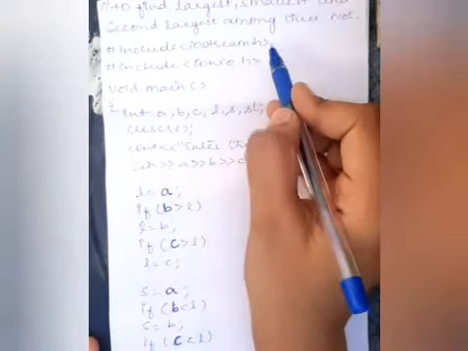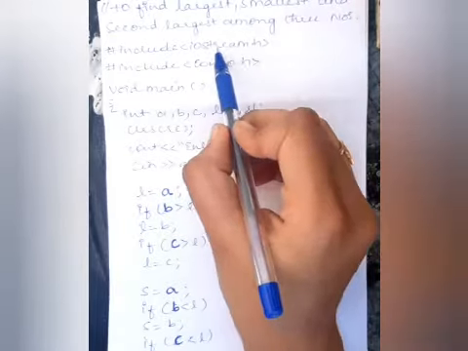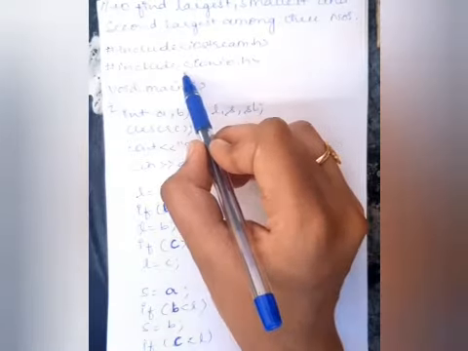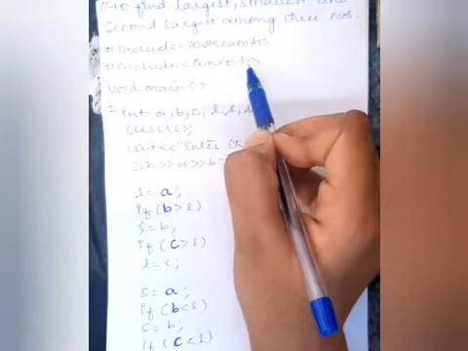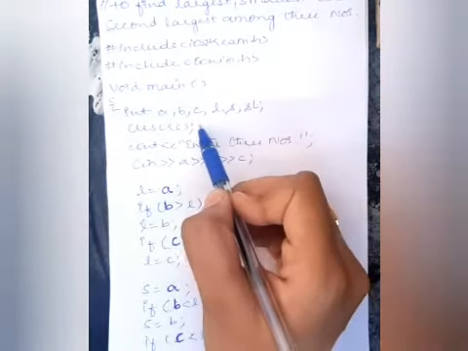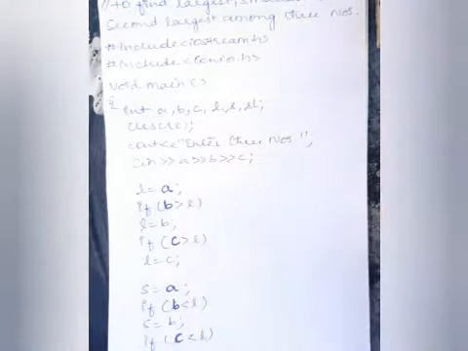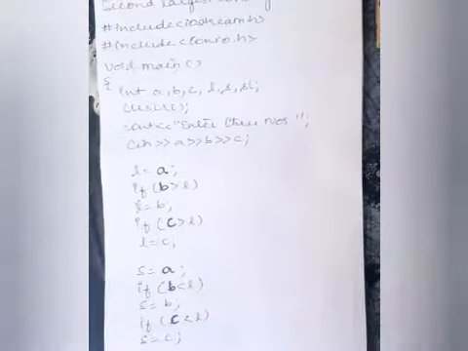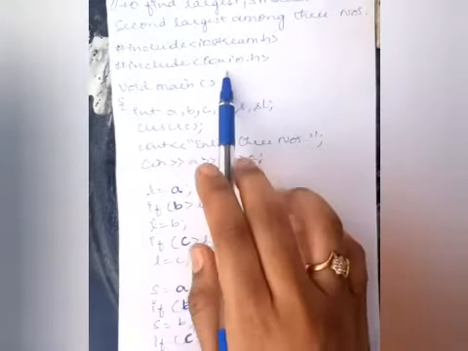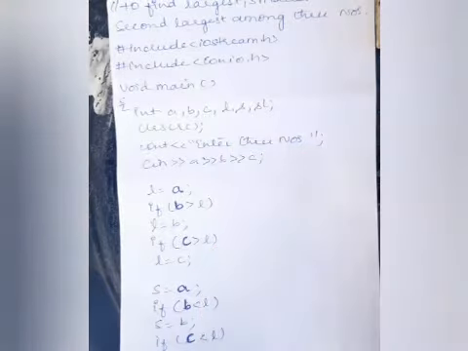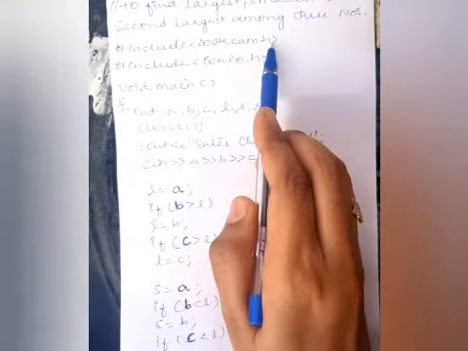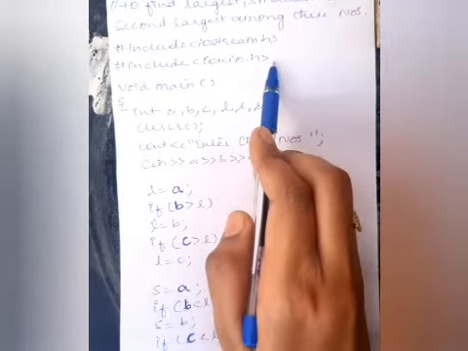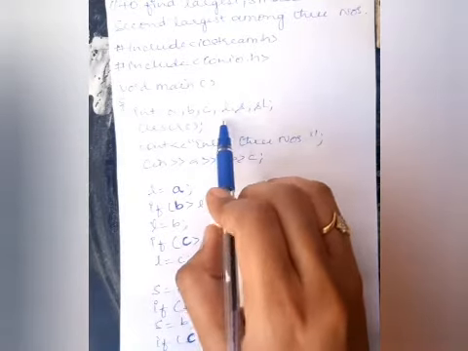So you can look at these two first lines, that is #include iostream.h. It is nothing but for input and output statements. Now coming to the second line, that is conio.h. This header file will be used for the clear screen function and also for the getch function. To use the clear screen function and getch function, we must include this header file called conio.h. Fine. So iostream.h will be used for input and output functions, and conio.h will be used for the clear screen function and the getch function.